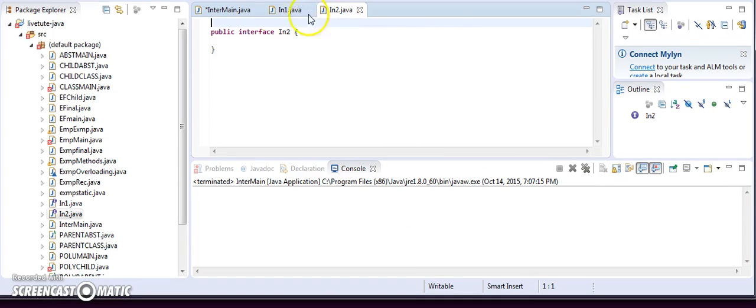So I have two things that are like classes, the interfaces. An interface is also a blueprint of a class. The syntax for interfaces will be public interface. See here, you cannot find the keyword class here. This is an interface. Now what I am doing is defining a method in interface 1